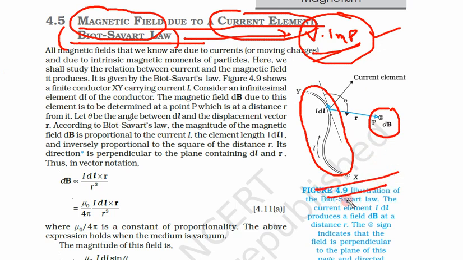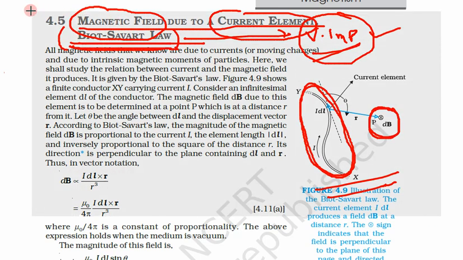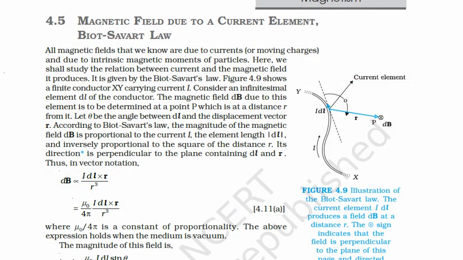Listen and understand the difference once again. Previously the magnetic fields were external and we were seeing their effects on the conductors that are carrying current, but now this current carrying conductor is producing the magnetic field at some distance that we are seeing. That is the difference between this Biot-Savart's law and all we had studied previously. So now let us see how this current carrying conductor produces some magnetic field at a distance r.